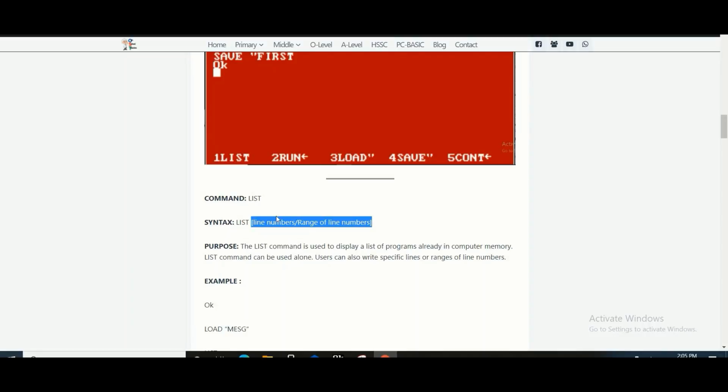Whatever is written inside square brackets, that is not necessary. In arrow brackets, if something is written, that is necessary. So the list command can be used alone also, and if I want to use this command for some specific purpose, then that can be mentioned here according to the command syntax.